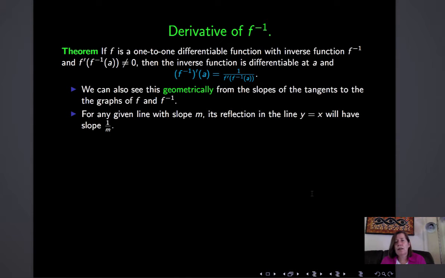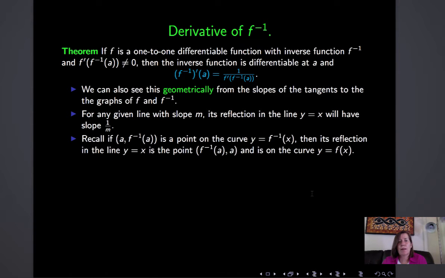For any given line with slope m, its reflection in the line y equals x will have a reciprocal slope. It's going to be 1 over m. Recall also that if f inverse of a is a point on the curve y equals f inverse of x, then its reflection on the line y equals x, f inverse of a, is on the curve y equals f